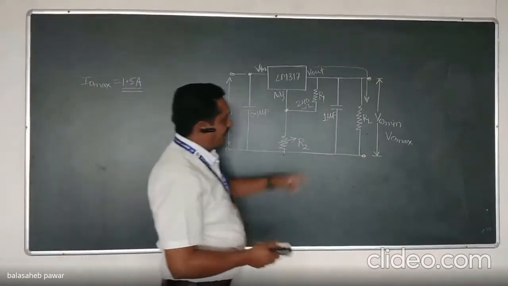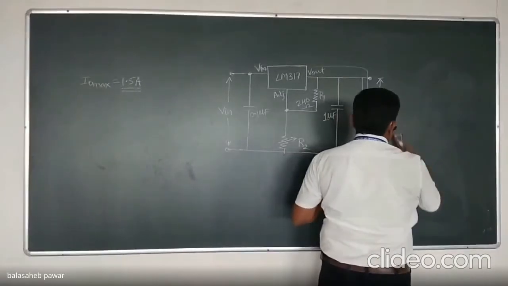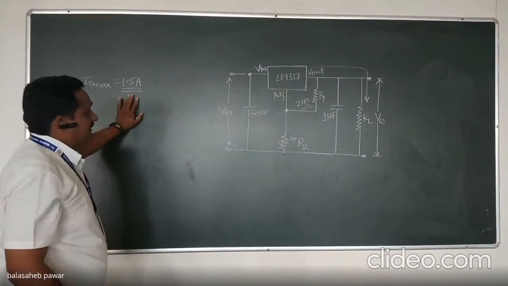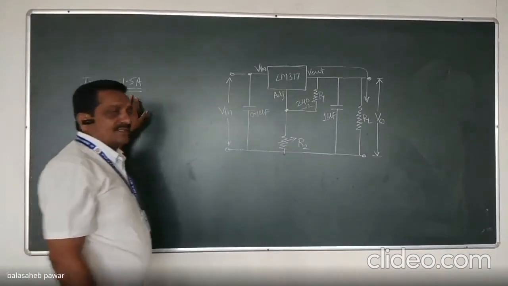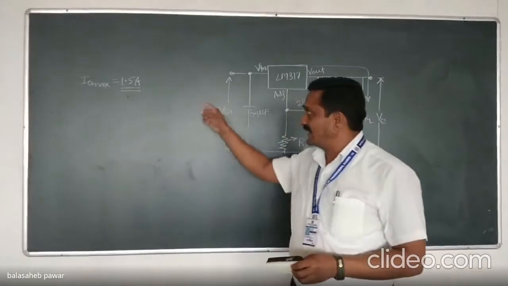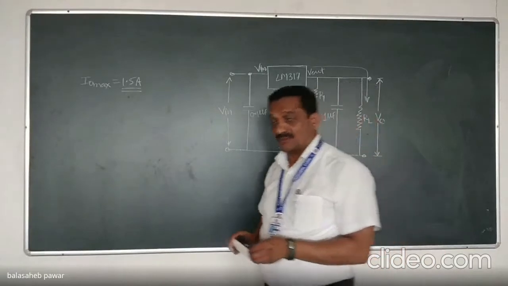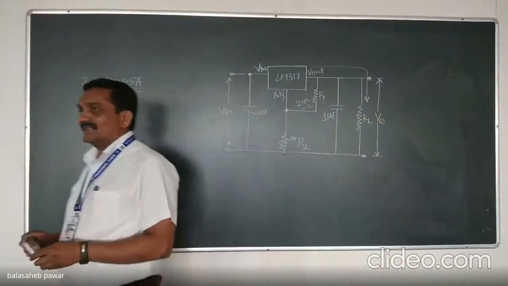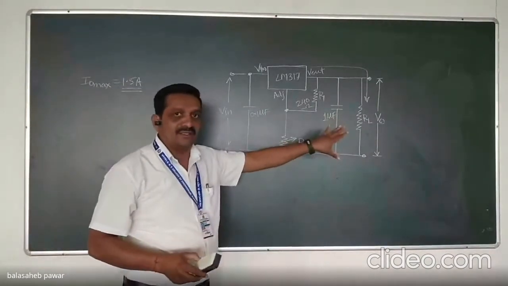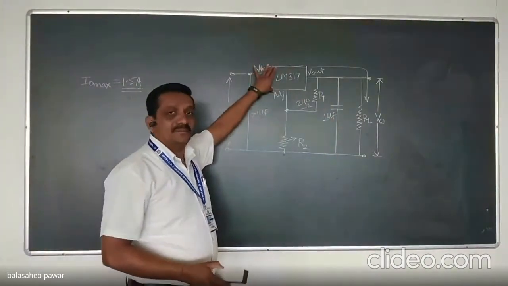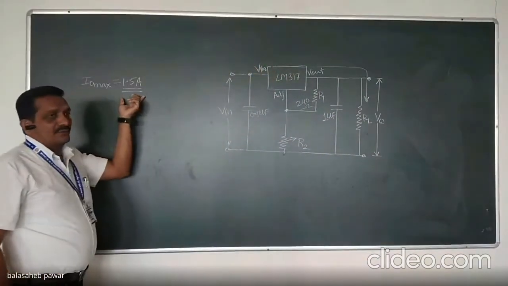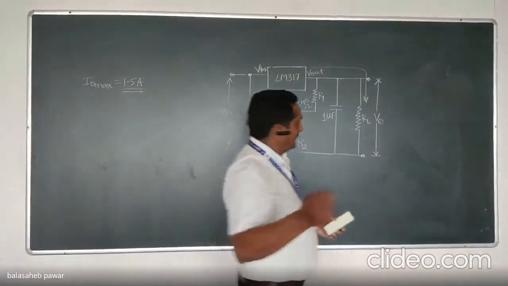If my connected load is consuming much more current as compared to the maximum current sourcing capacity of that regulator IC, then again that will be harmful to our regulator. It will auto shutdown because of overcurrent, or there may be a chance of permanent damage because of current consumed by the load beyond the current sourcing capacity of that LM317 or 337, that is greater than 1.5 amperes. I will take one example.